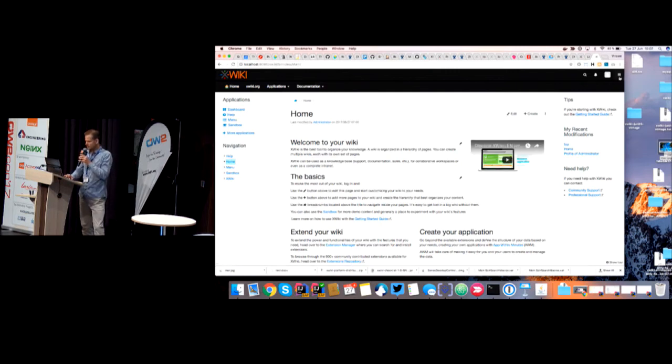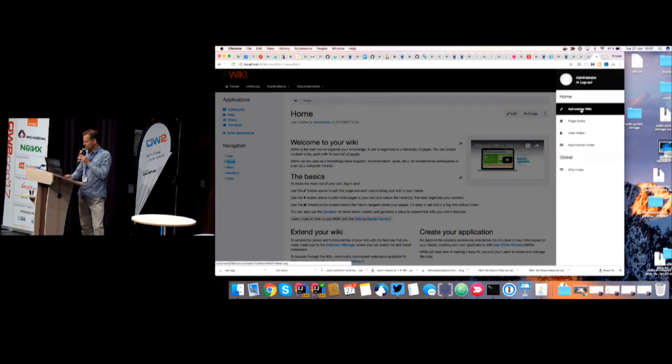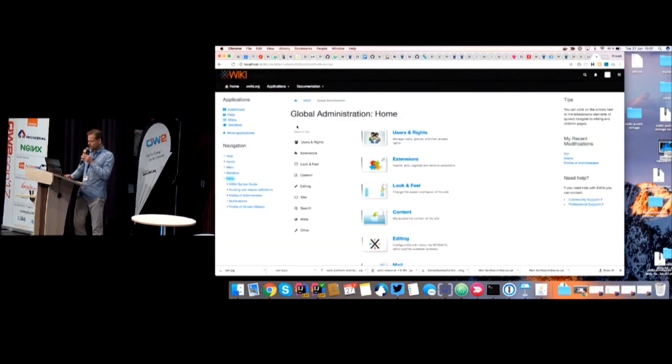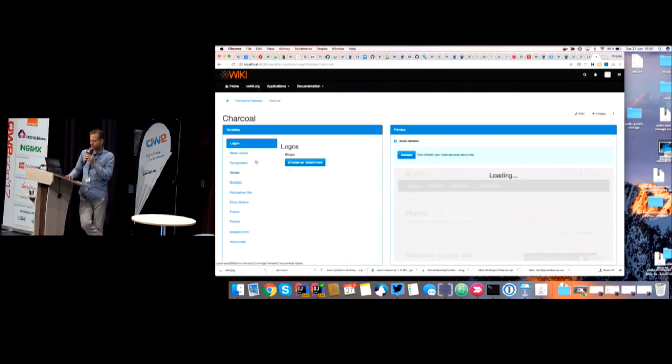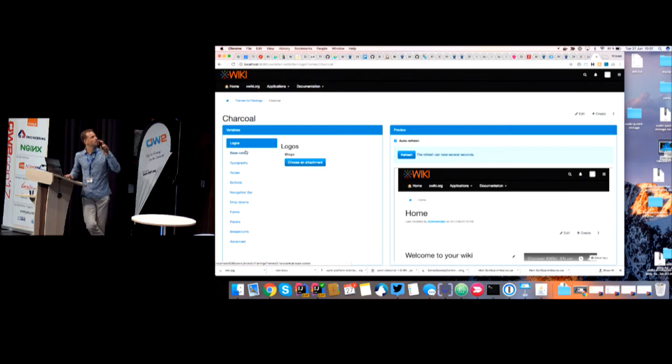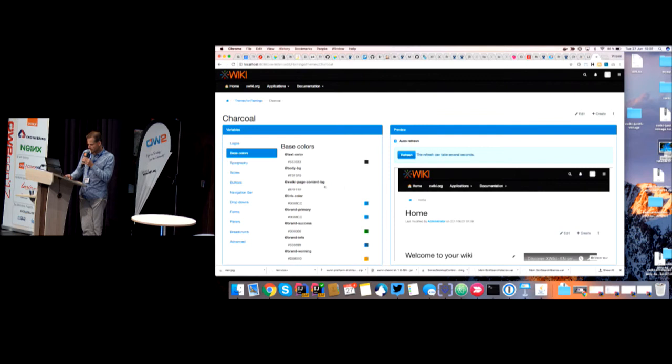So another interesting thing is the ability to customize the look and feel. So if we go to the administration, there is a look and feel section here, and we have a notion of themes. So by default, we've got a theme defined, but we can control a lot of things like all the colors, the fonts, even the placement of things. Can make changes on base colors, on anything, and this preview is pretty nice because you can see live actually